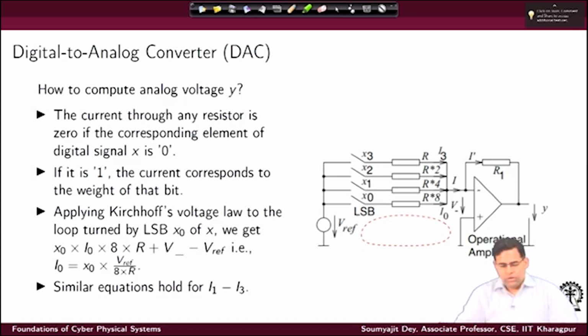So for example, what are we having? We are again having an operational amplifier here, with the input, as we know, typically for an op amp, this difference in voltage is approximately zero. Here this is connected to the ground, here we are giving this VREF, right? So what is happening is this input bit pattern will be used to turn on or turn off the switches. So you can think that these switches, what they really are, can be just